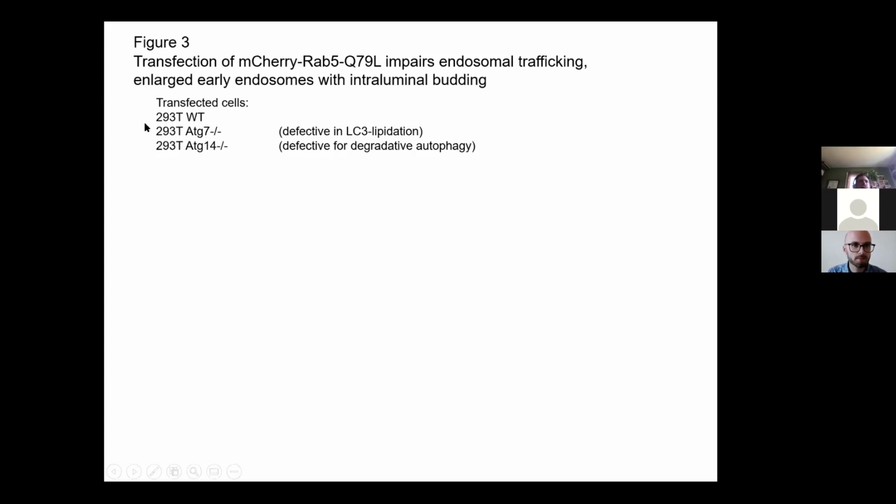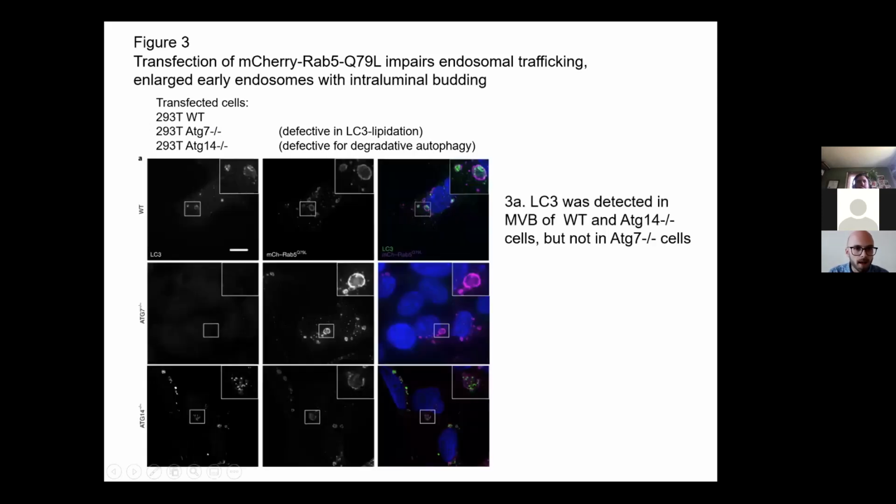One is wild type, the other one is ATG7 deficient. So this is a protein that is required for LC3 lipidation, and ATG14 is also present in the autophagy pathway, but in the degradative autophagy. So here are the images, and they show that both in the wild type cells, but also in the ATG14 knockout cells, there is a co-localization of